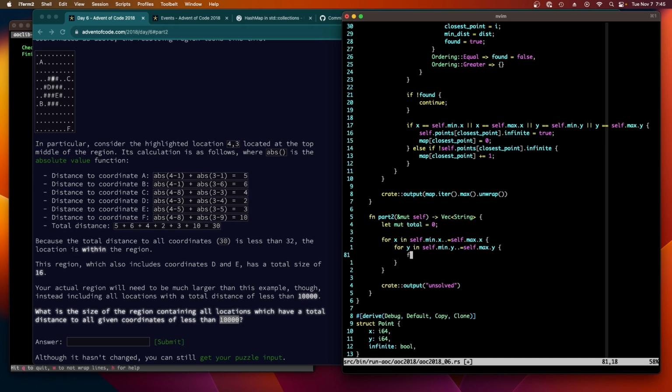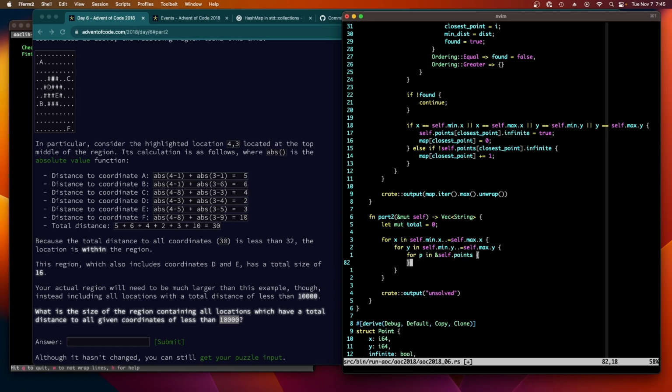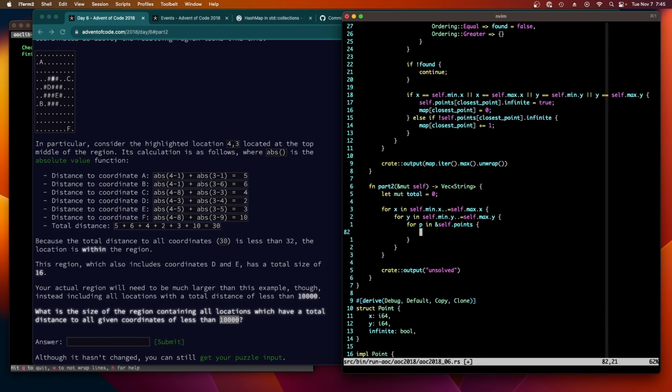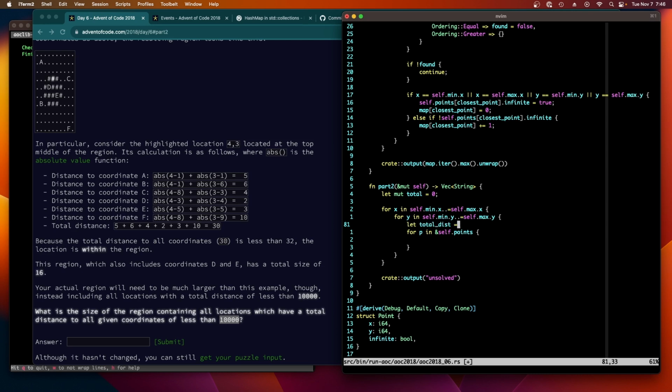So for p in, this time I think I can do it this way, self.points, because we're not modifying the point information. I guess I could clean that up above by having, instead of storing the infinity inside the point itself, a separate array, but that's fine. So now we want to add up all the points to this current point, x y. And if that distance is, okay. Actually, what we can do is, let's say total distance is equal to